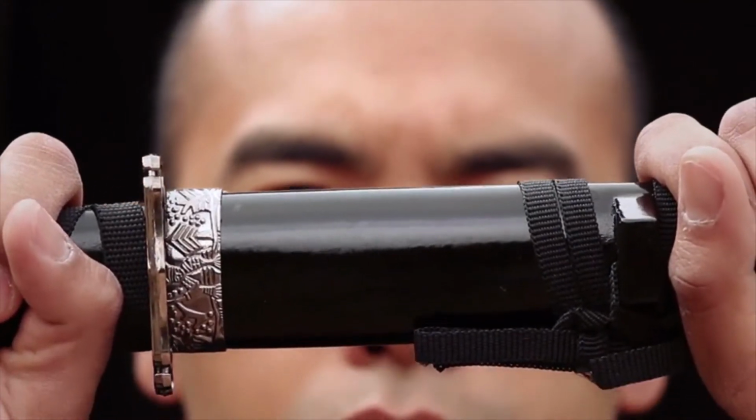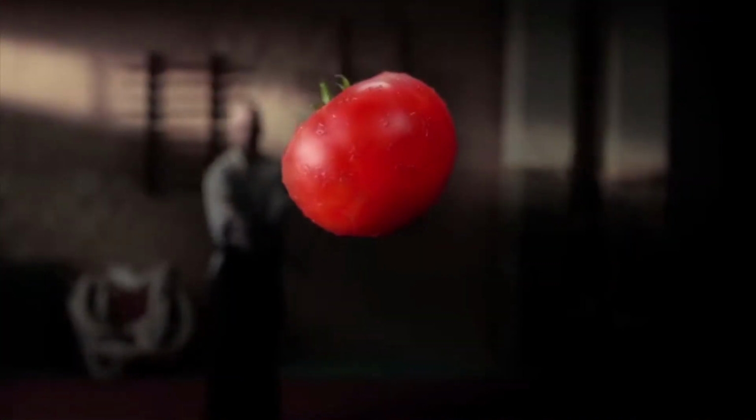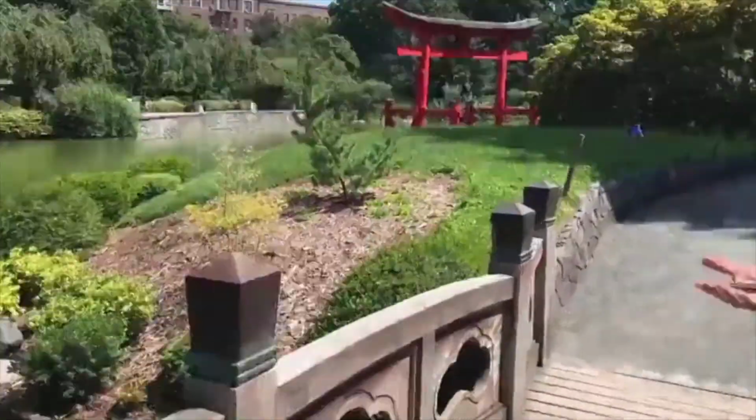Their weapon of choice was the tapered samurai sword, which was so sharp that it could cut through a silk scarf gently dropped on its blade. We have recreated the iconic samurai sword, pocket-sized